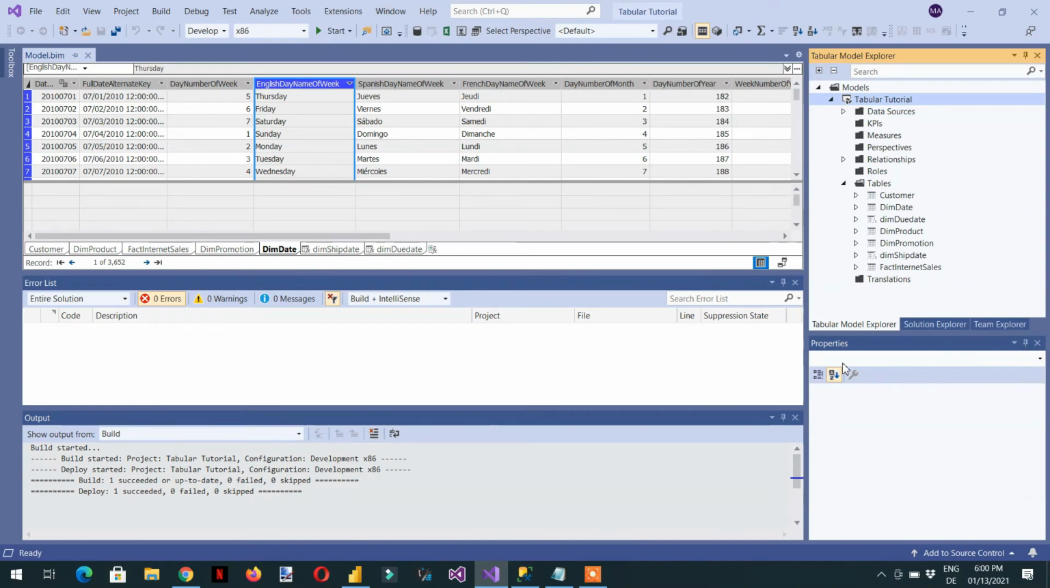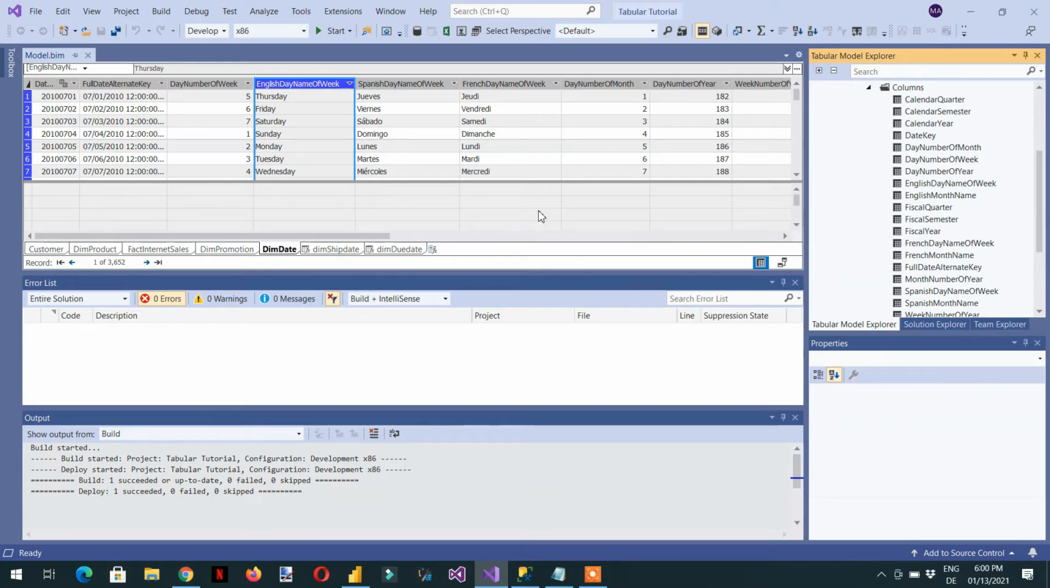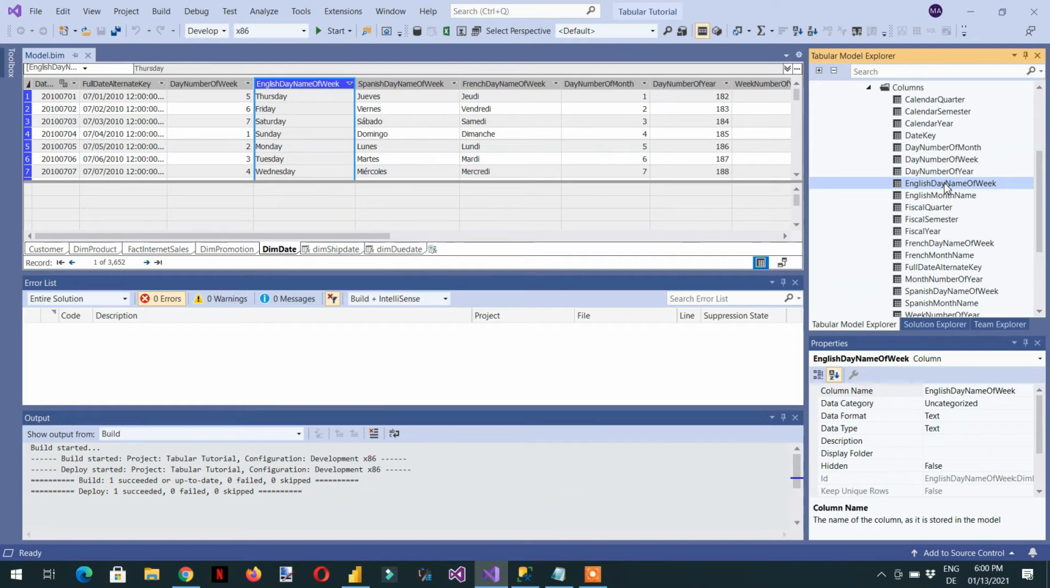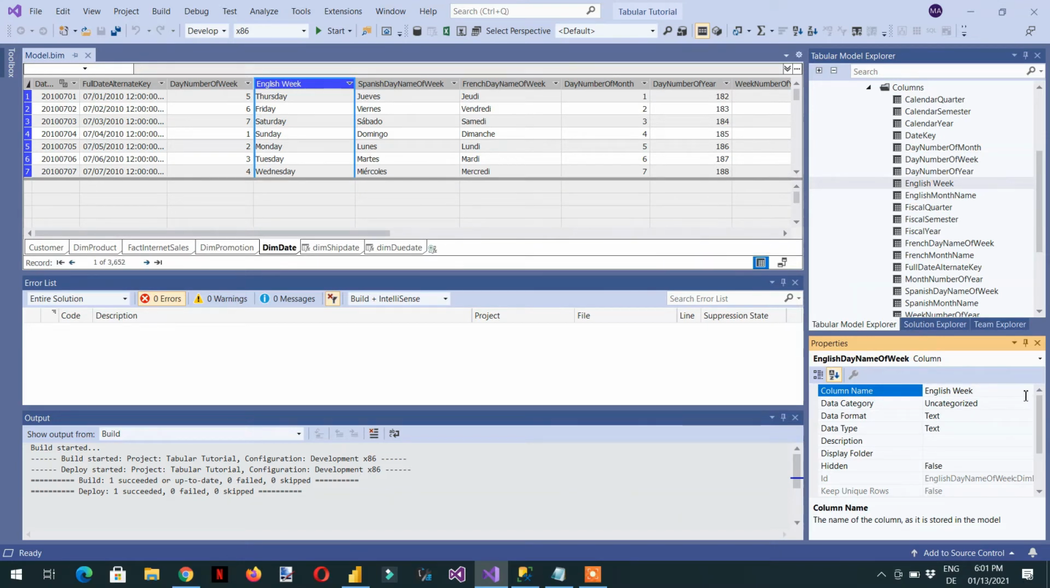So now what we can do, for example, we can go to the Dim Date column, and here we have, for example, the English day name of week, English day name, this one. So we need to change the name, like a user friendly name. This is the column name, so we can write here English Week, this one, for example, right? So we need to save it,